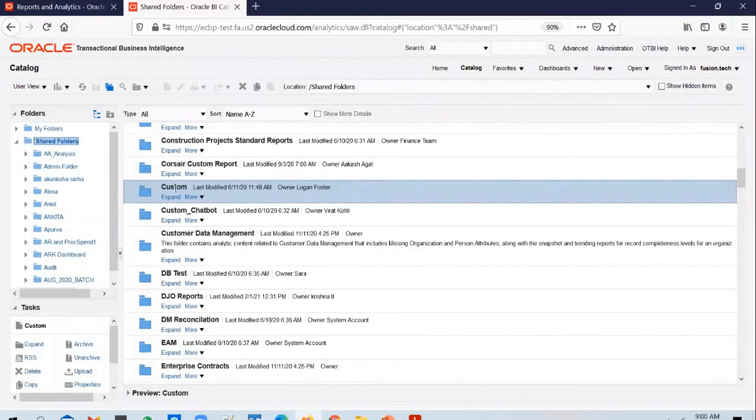Don't think that this is a folder that we create. By default, when a client gets a new instance, there will be this folder called custom already available under shared folders. And whenever you build a new custom BIP or an OTBI report, you go ahead and place it within this folder. Okay.